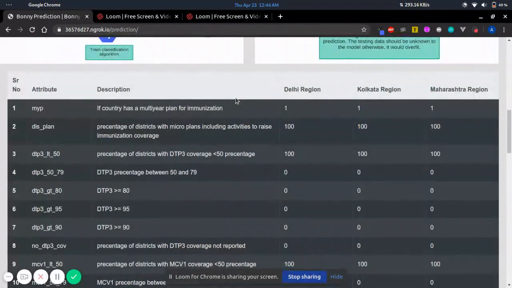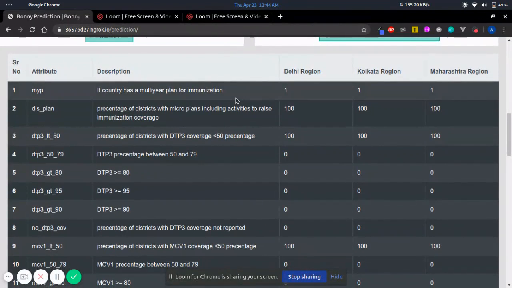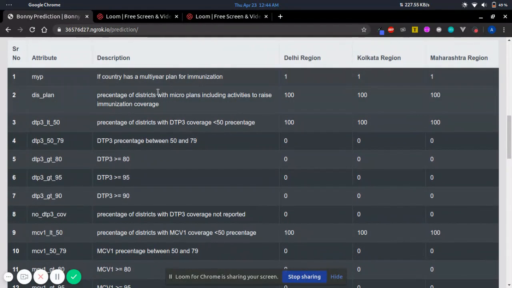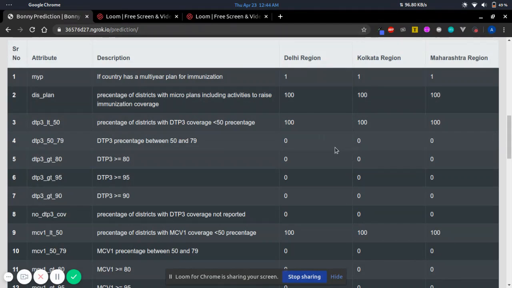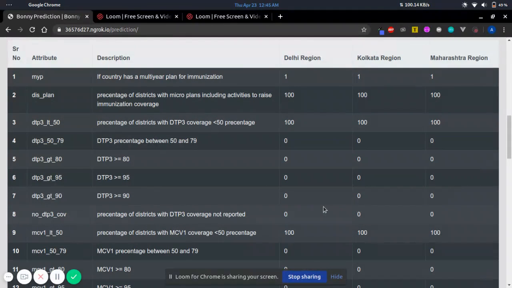In our case, both were k nearest neighbors classifiers. And so here you can see the attribute, its description, and the current values that each data set holds.